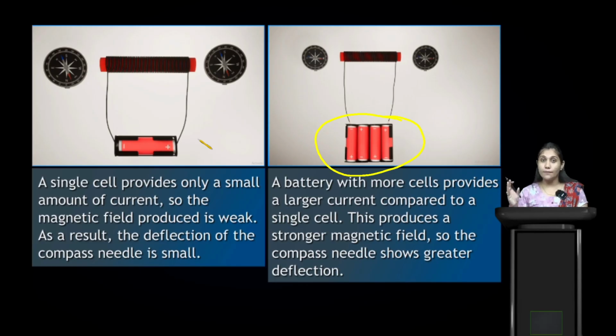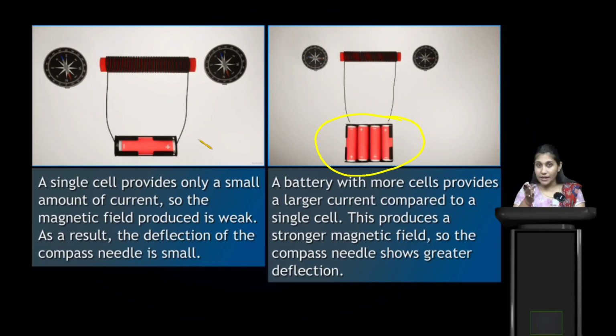As we gave a battery with more cells, the electricity which passes through the wire is of a larger amount. If a larger amount of electricity passes through the wire, that means the magnetic field which generates is stronger,